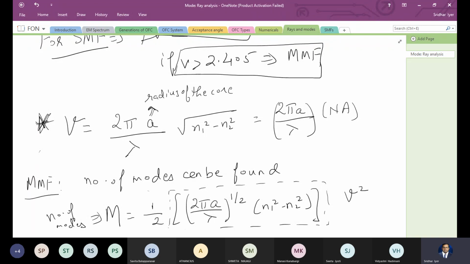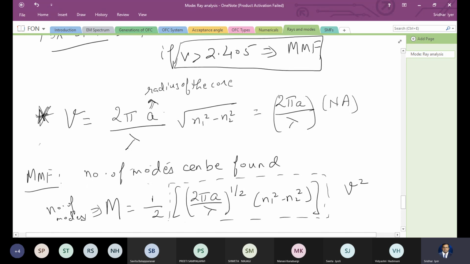Okay. So you can see that the V number here is related to the radius of the core, A. Here I should make a note for you. In some books, this A is also written as R. It's one and the same. Basically, this should be the radius of the core. So I'll stick to A, and you have lambda, which is the wavelength, and then you have n1 and n2, which is the refractive index of the core and the cladding of the fiber. So this is what we do if we have a single mode fiber.